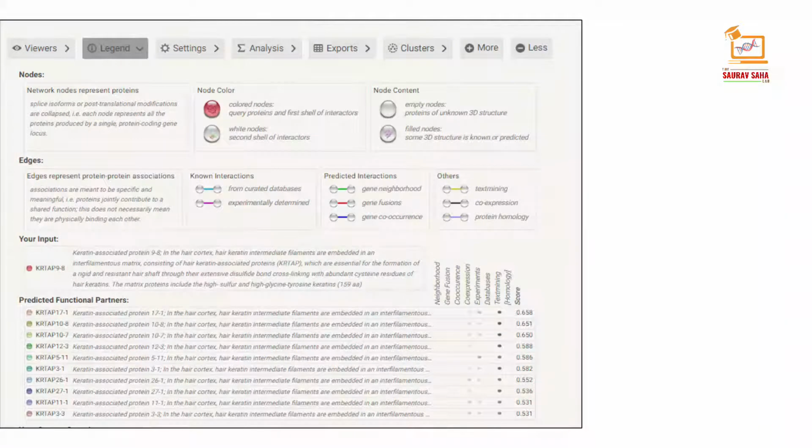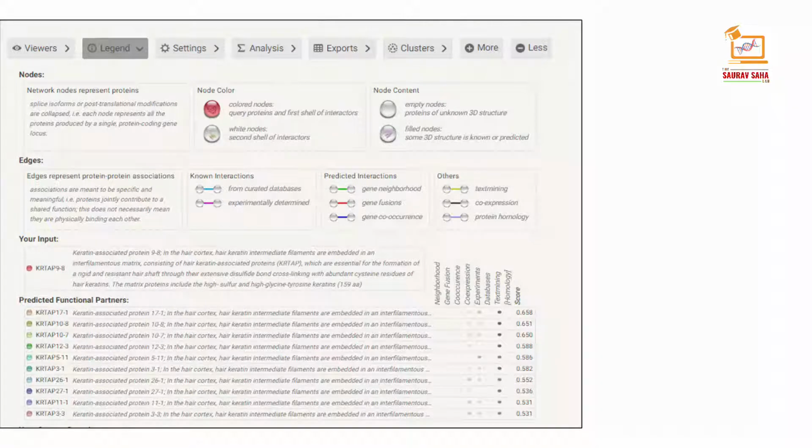This is the page of parameters, I mean to say the data predicted parameters, like Viewers, Legend, Settings, Analysis, Export, Clusters, More and Less. Now first let's talk about the Legend. If you click on the Legend, you will see functions like nodes, edges, your input.